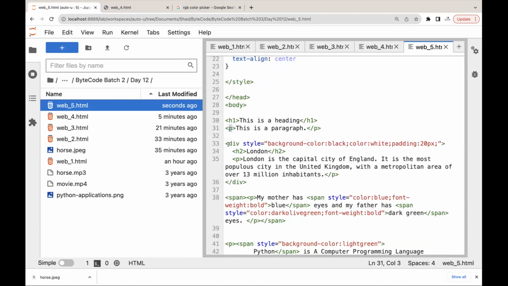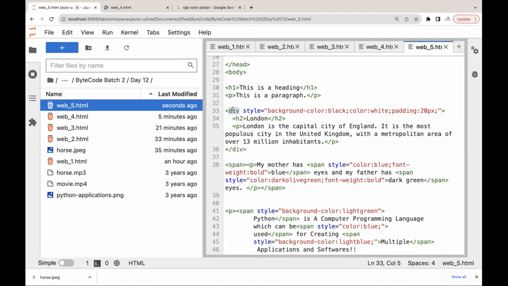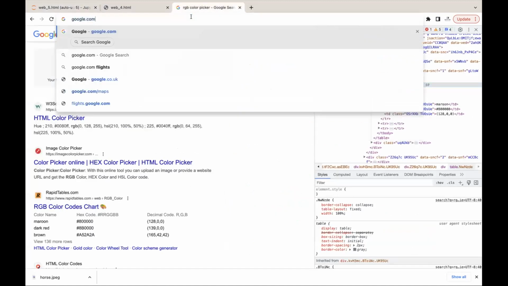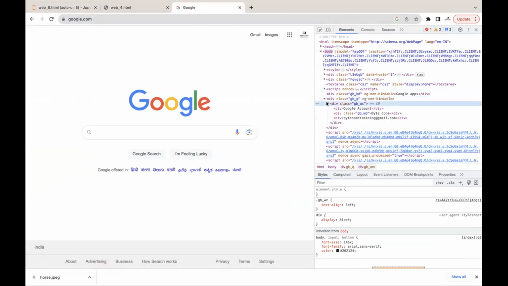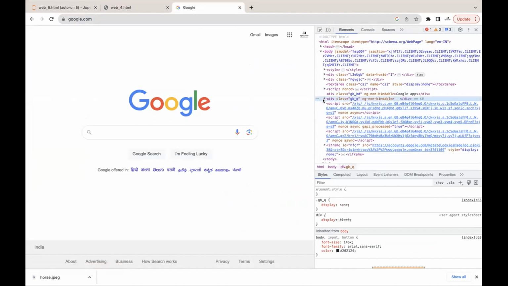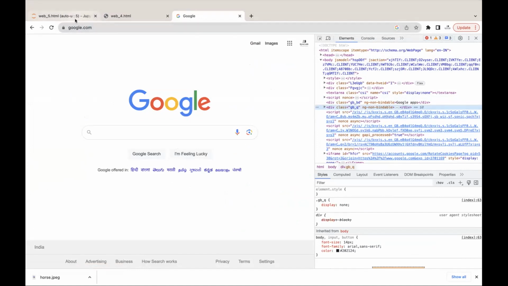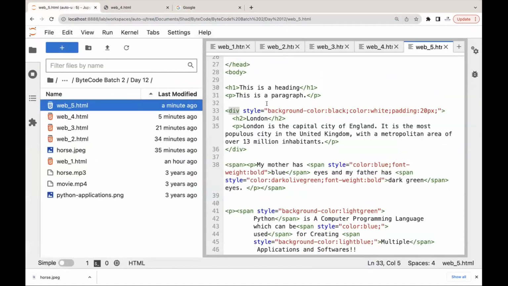And here now we will see one more thing which is called div. Div is nothing but division. So any web page is made up of multiple divisions. Like this thing is one division, this thing is one division. Like you could see divisions here, right? So these are basically different divisions of a web page. Each division can have information about one particular aspect of the web page,